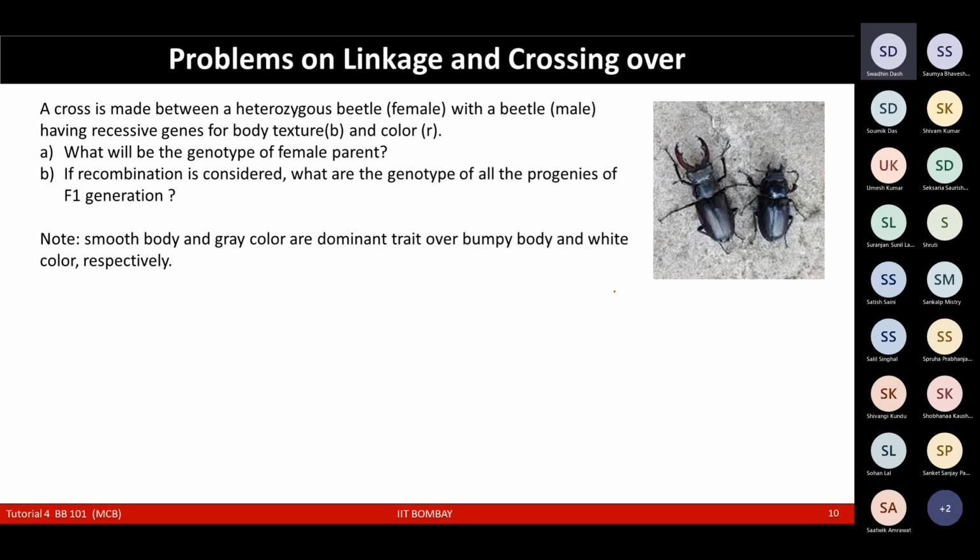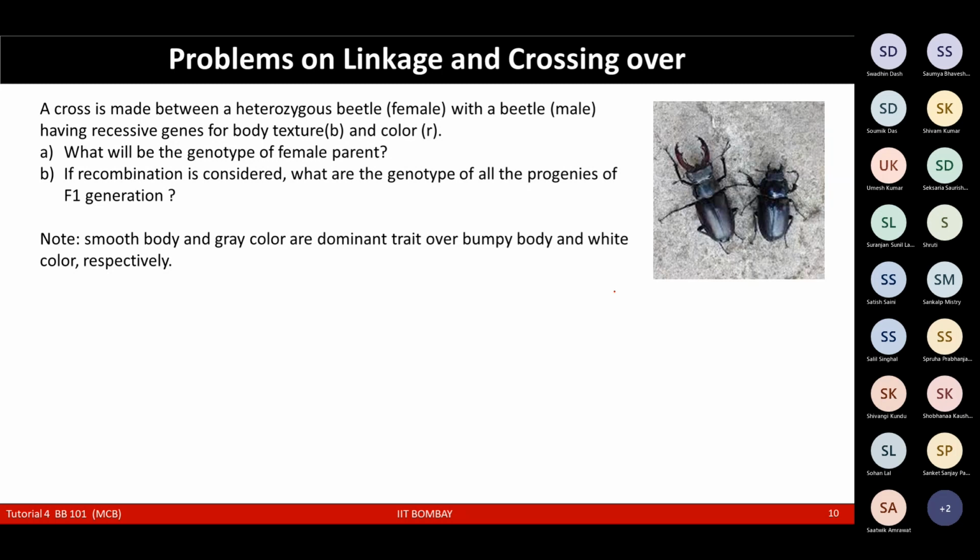Are these autosomal or chromosomal? No need to consider. So just cross over it. If you're not stating that thing, then no need to consider those things. So it's a recombination part that we have already seen in the previous slide. You just have to make a crossover. What will be the genotype of the female parent? It's a simple question. You just answered this in, I think, the third slide actually, when we had YYRR combinations.